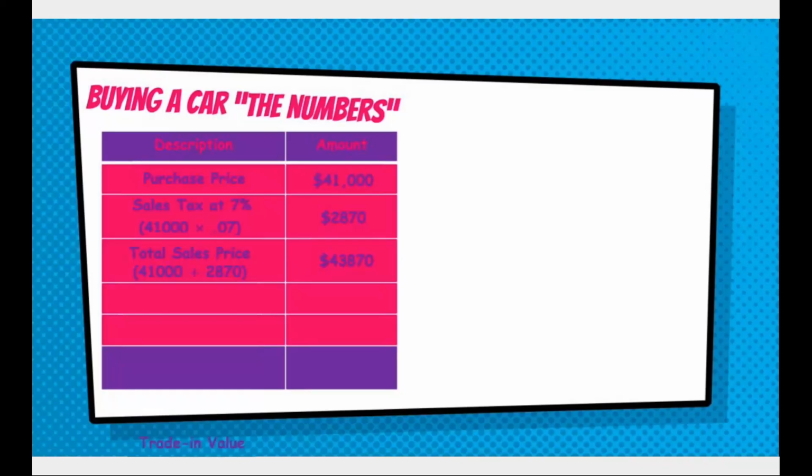Next, so that's our sales price. Sometimes there are other fees associated with that, but I'm keeping this with just purchase price and sales tax. And then we're also told that we have a trade-in value of 17 grand, and I'm also going to put $1,000 in out of my account. So all of that's going to be taken off of that total sales price and given credit to me. So now I only owe $25,870, but I don't have that in cash. Otherwise, I might have paid that. So I'm going to finance that through the dealership